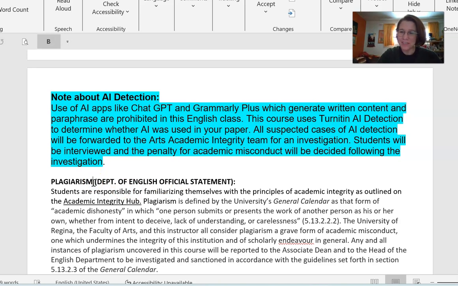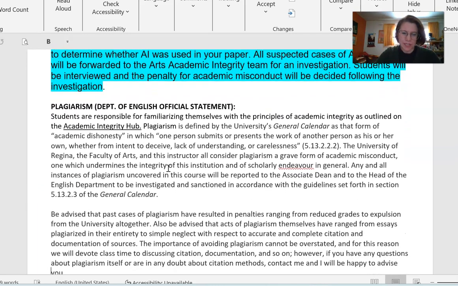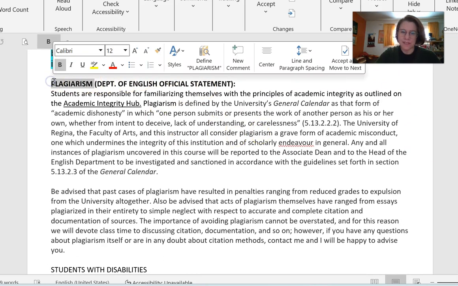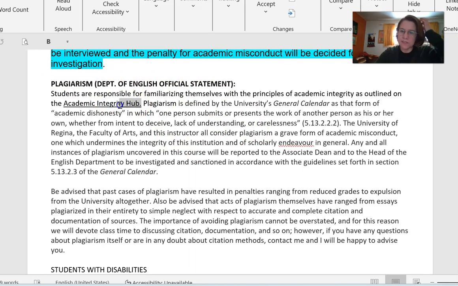And if you're not sure whether the app you're using is AI or not, just email me, or you could check with the Arts Academic Integrity Team to see what's allowed or not allowed. In most of those cases, it's not intentional plagiarism, but it's the job of the Academic Integrity Team to assess whether a student has plagiarized or committed academic misconduct.